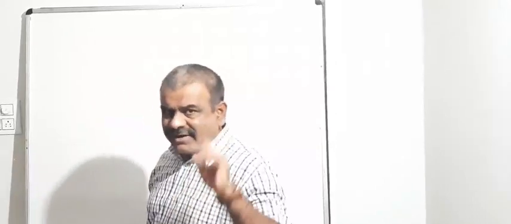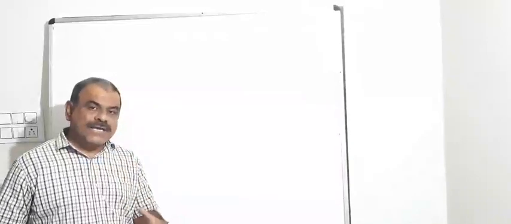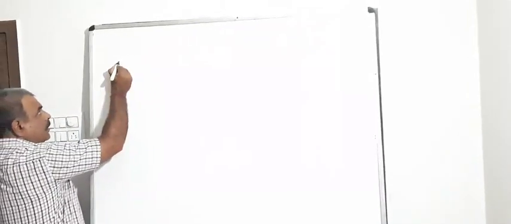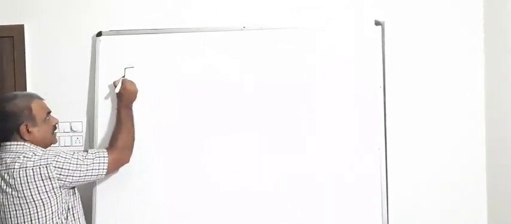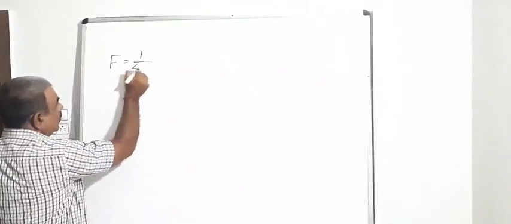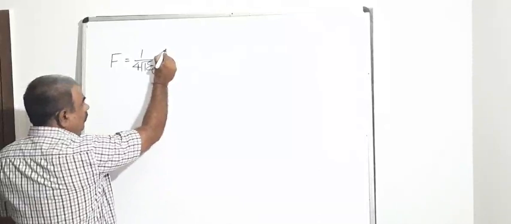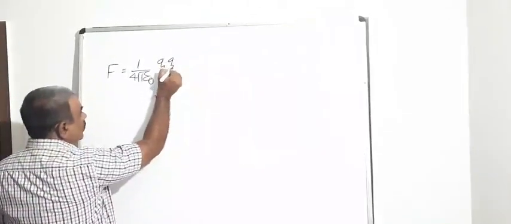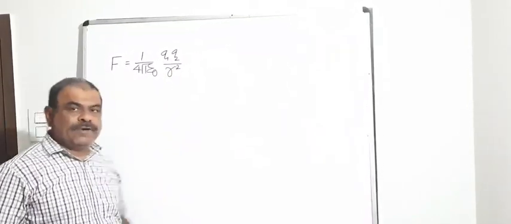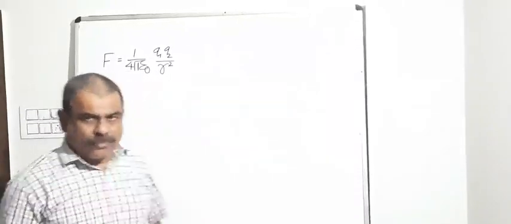Last time in electrostatics, we went through Coulomb's law, but that was in scalar form, meaning just magnitude, according to which the force acting between two charges can be given by F equals 1 over 4 pi epsilon 0 Q1 Q2 by R square. This is the magnitude of force between two charges Q1 and Q2 kept at some distance R.